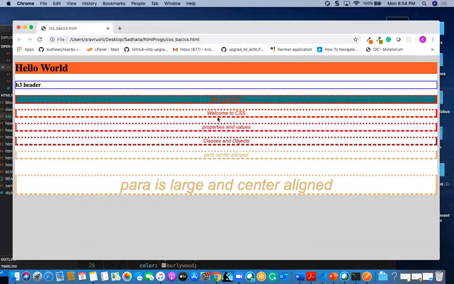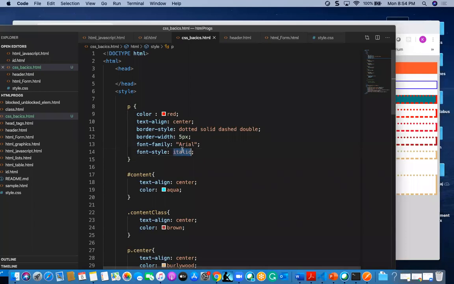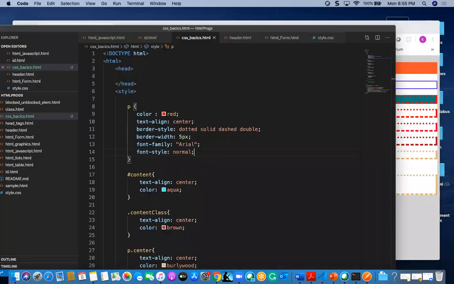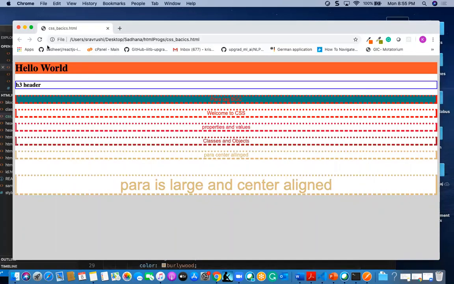You can find italic styling, and also you can give normal. One more is oblique. That's also one of the different stylings.